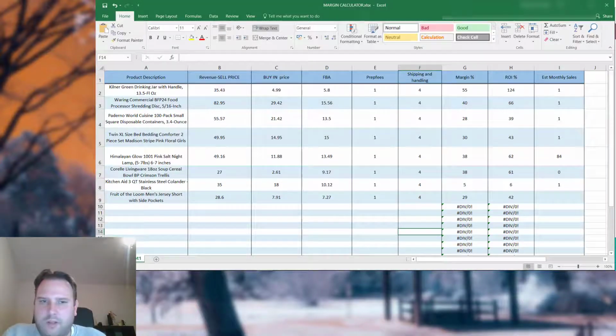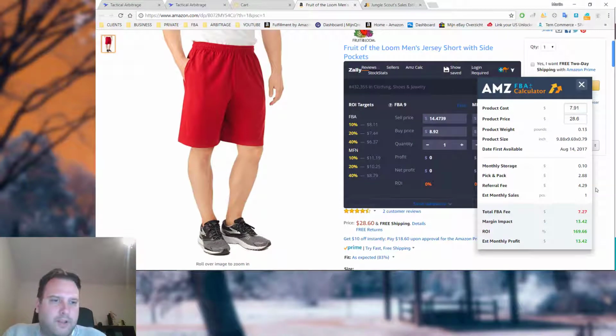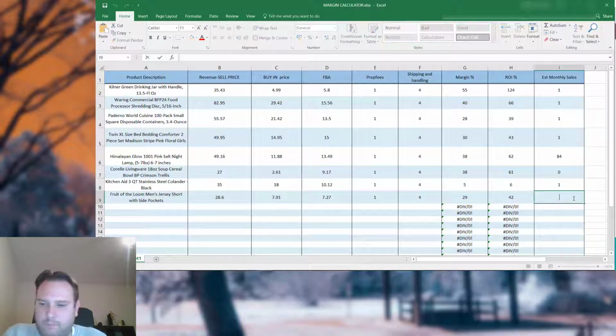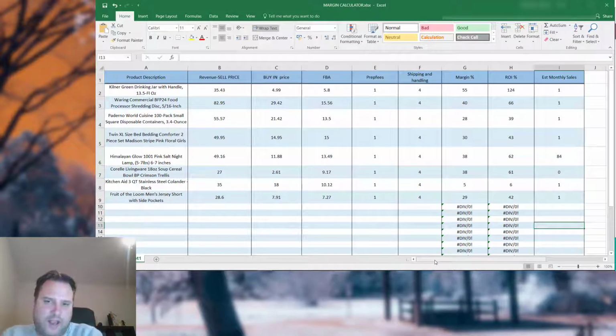And now see what the estimated monthly sales is: one sale per month, right? So 29% margin looks kind of okay. Just looking at what I have at my disposal now, I would say, okay, it's not a bad product. However,